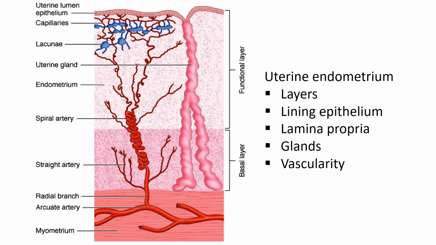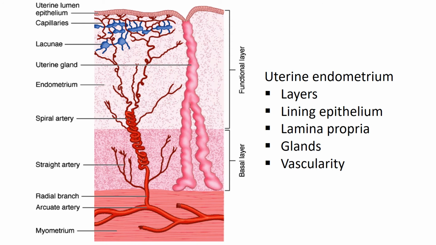Vascularity: as we know, in the middle circular layer of the myometrium, there is an anastomotic channel known as the arcuate artery. From this arcuate artery, a radial artery emerges which supplies the endometrial part. This radial artery is subdivided into two sets of arteries. The first are the straight arteries, which are small and supply the basal layer.